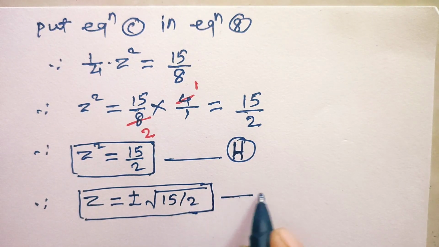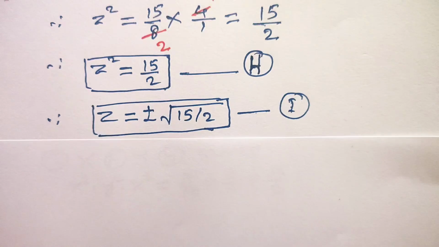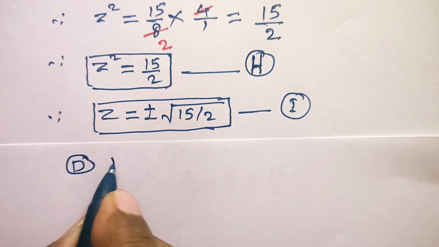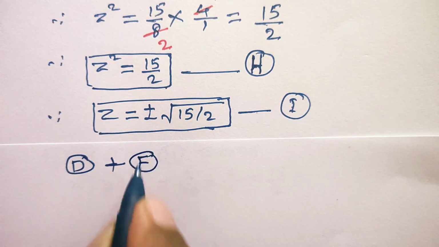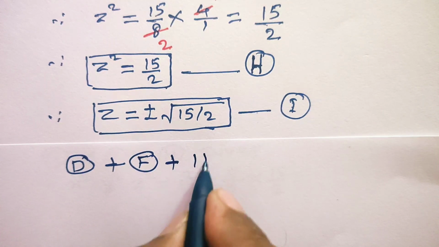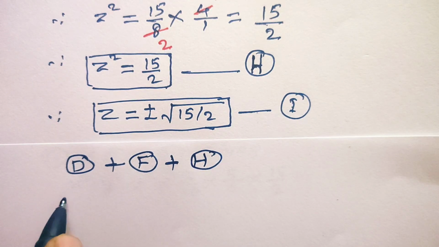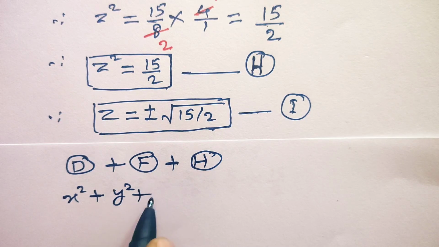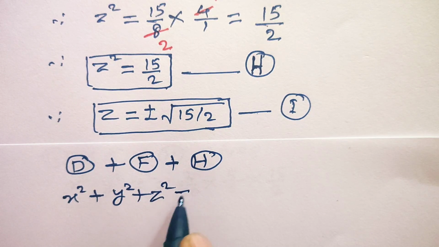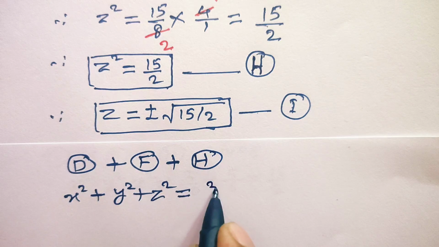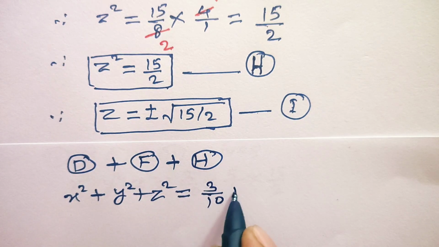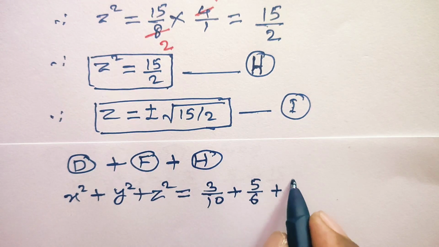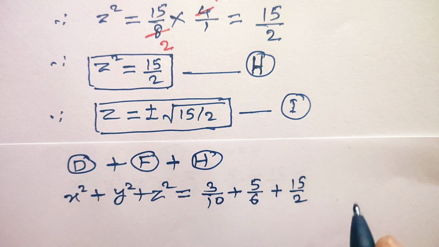And consider this is equation number I. Now taking addition of equation number D plus equation number F plus equation number H, that is x square plus y square plus z square is equal to, which gives 3 upon 10 plus 5 upon 6 plus 15 upon 2, which is equal to,